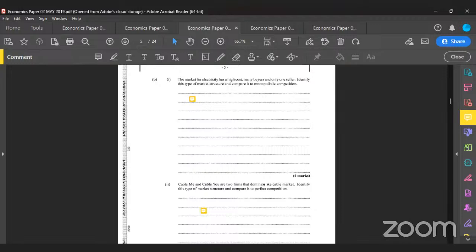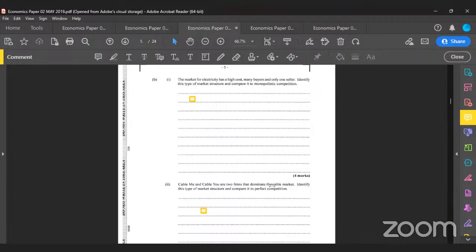Furthermore, in perfect competition, firms have different degrees of price competition. The firms don't have any say over the price. They have to just accept the prevailing market price, right? That is the case in perfect competition. However, in this market structure, the oligopolistic market structure, and all the others, firms are price makers. So they make their own price.